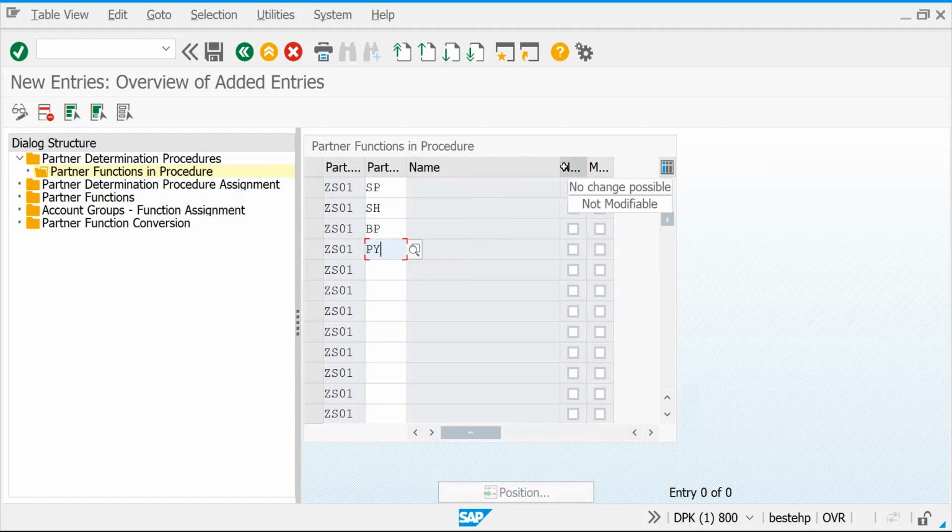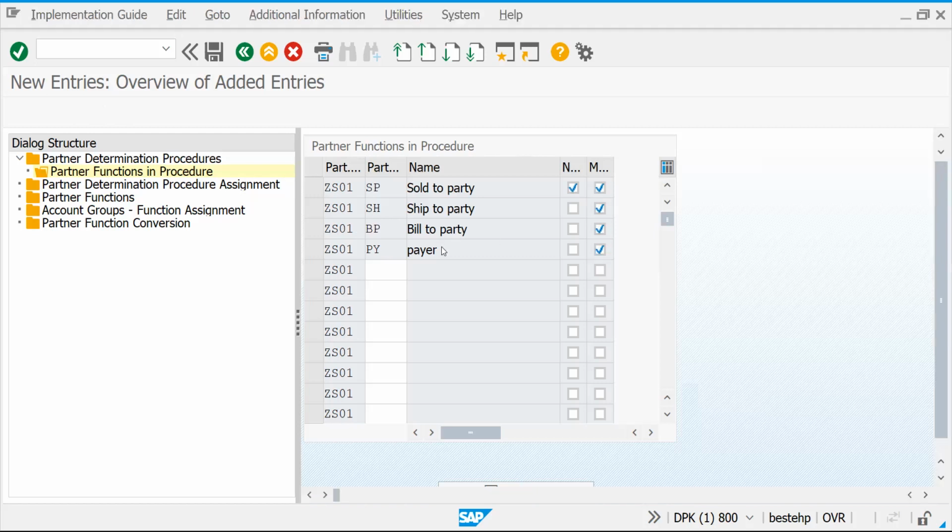Okay, so here two fields are available, let's press enter now. There is something called not changeable. If you click this, it will not allow you to change your partner, and mandatory. If you don't say mandatory, it can allow you to save the customer while creating. But I am saying all these four partner functions are mandatory.